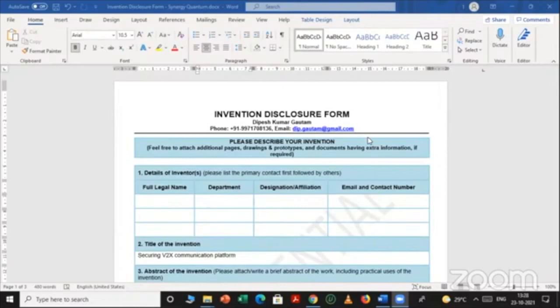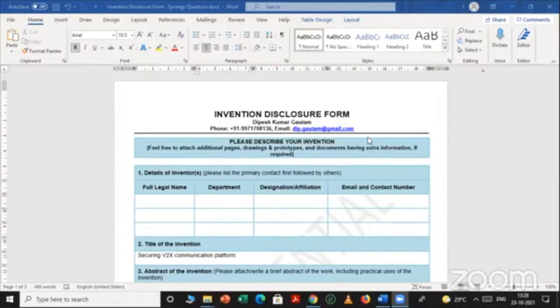If we talk about India and Indian universities, I think less than 10% of universities regularly file patents related to their invention, related to the research topic, related to their specialization. Only 10%, and I'll say mostly IITs file patents related to the research they're doing